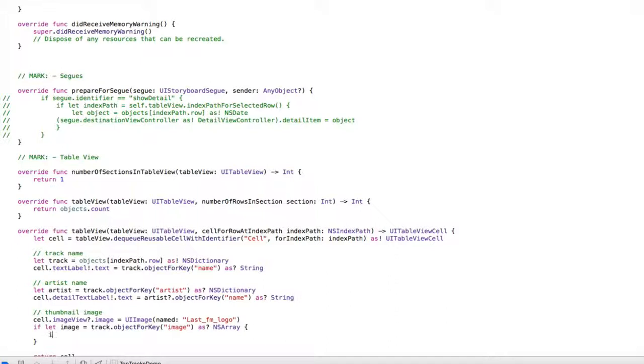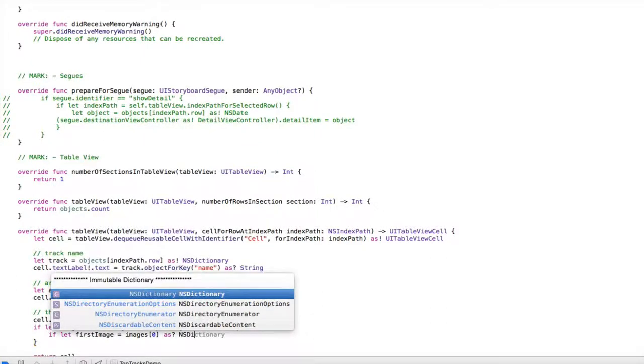So that's a URL. So I'll say if let first image equal images sub 0. Okay, and this one was a dictionary, right? There was a URL on that, so I'll say as NSDictionary,